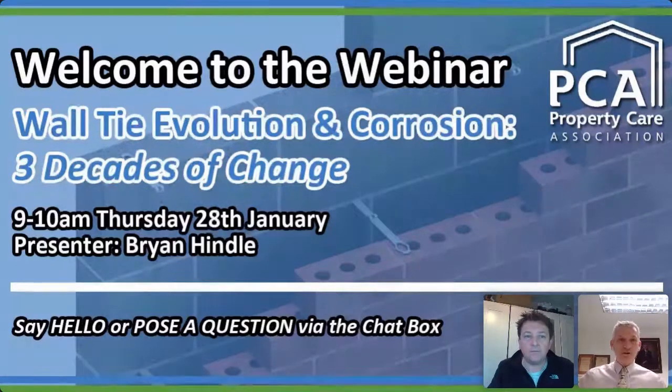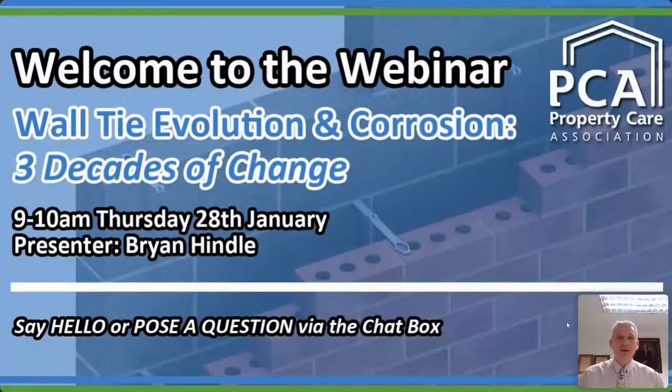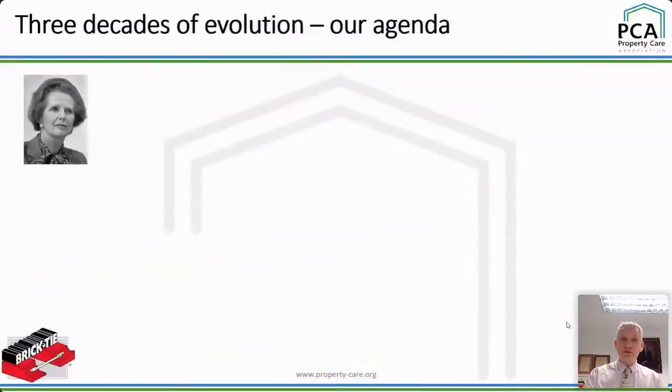Good morning, everybody. Welcome to Yorkshire. Thank you, Andy. Okay, so let's go to the first slide. What we're going to do is go through the period very briefly, because it's a long time. We're going to start back in 1985 when corrosion was known about, but mainly by the BRE, and the boffins out there knew about it, but there weren't many people dealing with it, and there was very little guidance on how to deal with that problem. So first of all, let's just look who was in charge when we started out. The Iron Lady was the Prime Minister. That's how far back we're going.